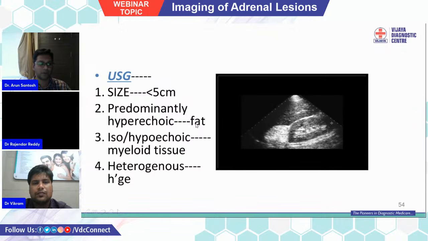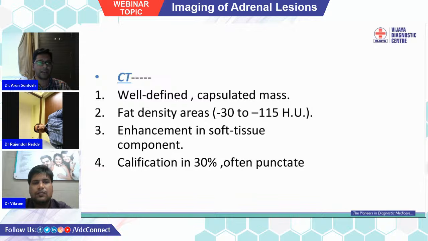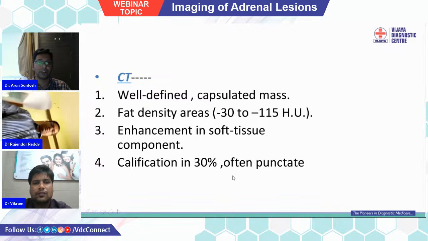On ultrasound, they predominantly appear as a heterogeneously hyperechoic lesion in the suprarenal region. It can be heterogeneous depending upon the areas of bleed or necrosis, and the enhancement is seen in the soft tissue component, and sometimes calcification can also be seen, which can